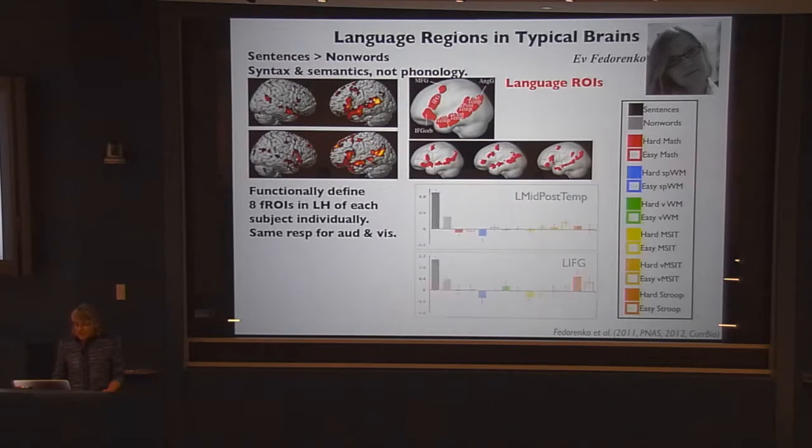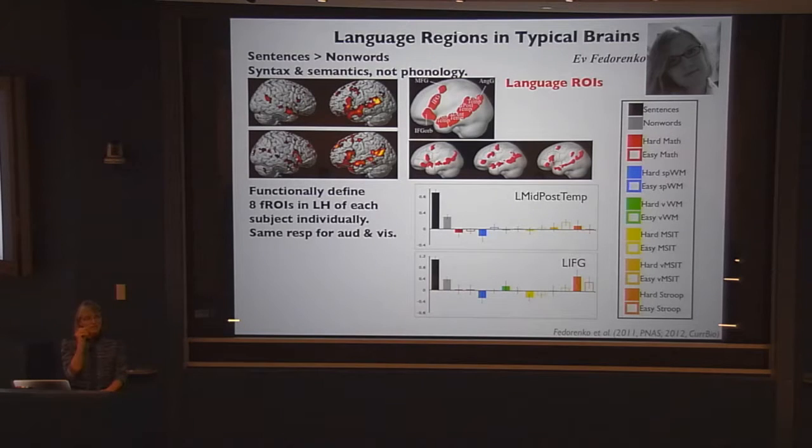And then one of the next things Ev did was to say, okay, now that we can find these regions in each subject individually, let's ask this classic question of whether language is segregated in the brain from the rest of cognition. So do these regions that respond more when you read or hear a sentence also get more engaged when you do all of these other mental tasks that have been argued to overlap in the brain with language processing? So mental arithmetic, lots of working memory tasks, cognitive control tasks, music, all these things that people have argued overlap in the brain with language processing. And no, they don't overlap.